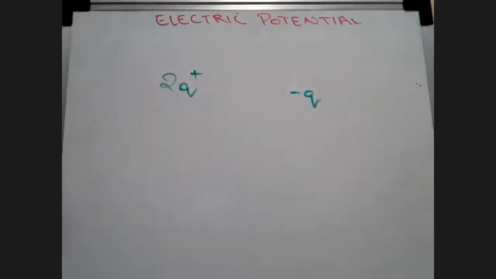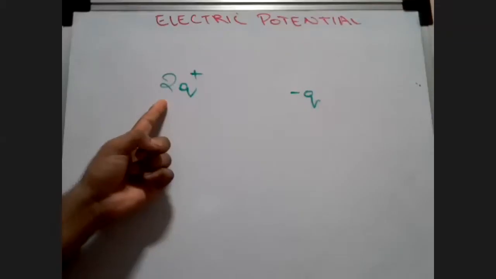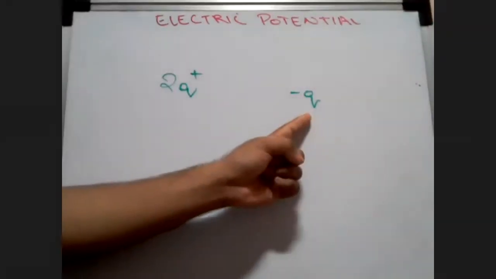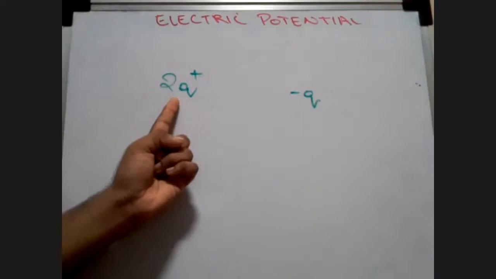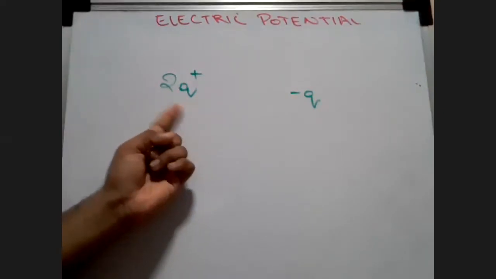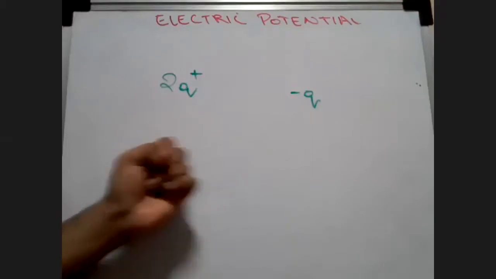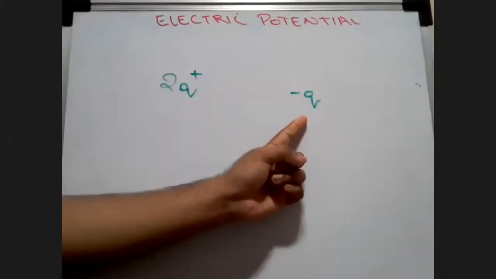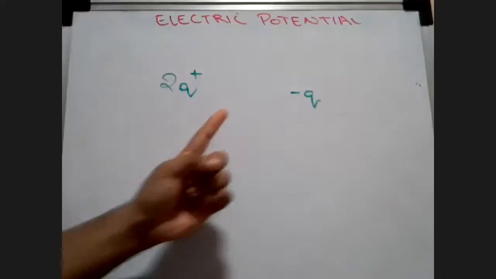Okay, you can take a minus q, but always remember magnitude. If you are drawing 4 lines for minus q, then 2 times of q will have how many lines? 8 lines. Yes, sir. These 8 lines will be emerging out, and 4 lines will be coming in. Okay, you understood? Yes, sir.